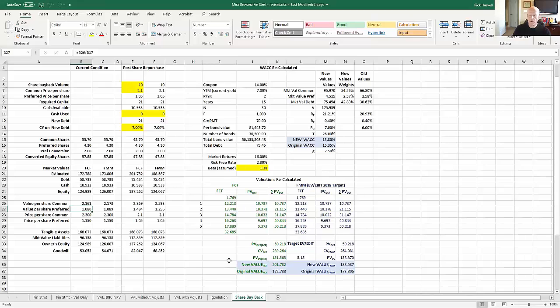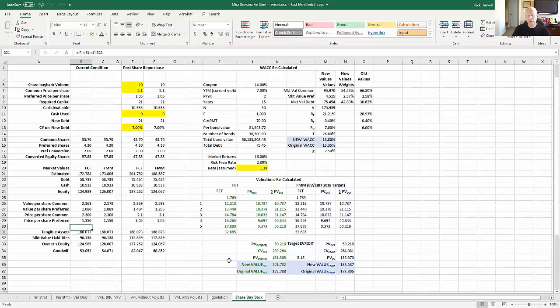And similarly, for the preferred, we have valued it at $1.08, but the price in the market is $1.15. So this means that we valued it slightly less than the market has. I don't know that that's enough to cause us to say, stay away from this stock, but it's also not enough for us to say, this stock's very interesting to me. I'd be more interested in it if we had valued the common stock at a higher dollar value than the market has, in which case I'd be more inclined to go ahead and buy some of that stock. But we're fairly close to the same number regardless.